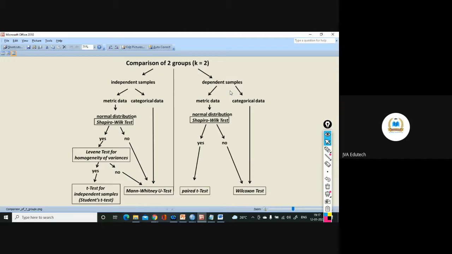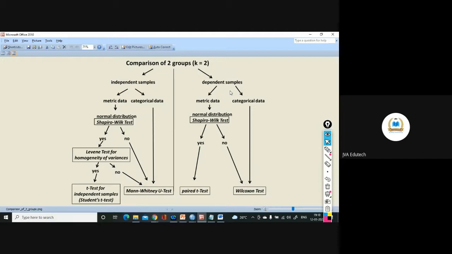Or to the same population, let's say you are my population, you all people, and I want to measure, before the start of this workshop, your understanding about the statistics, and at the end of this workshop, your understanding about the statistics. People will remain the same, the population will remain the same, only two different situations or two different conditions. Then this will be dependent sample.